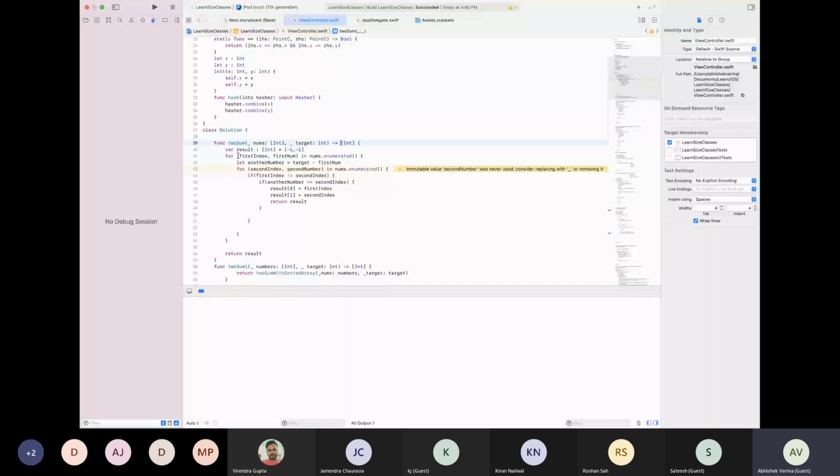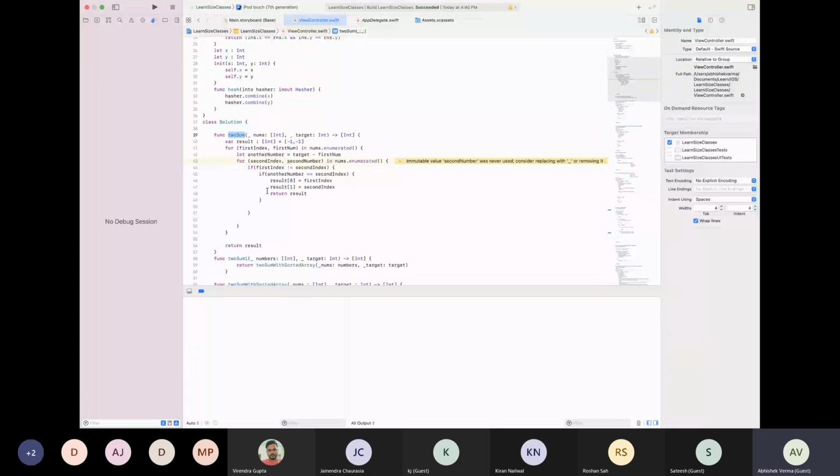Right now this code is written to return only a single pair, but I have written logic in my next slides where we can return multiple pairs. This solution is just to give an idea of how we can start with two for loops and come up with a solution.